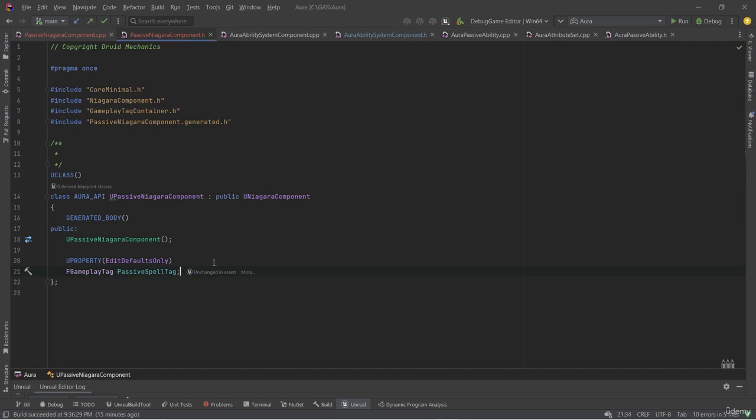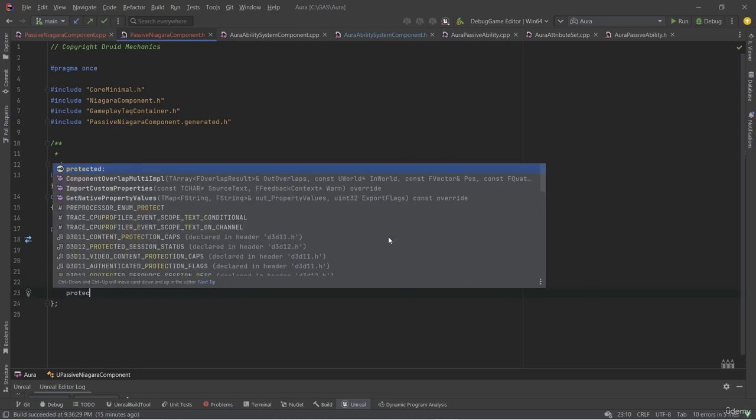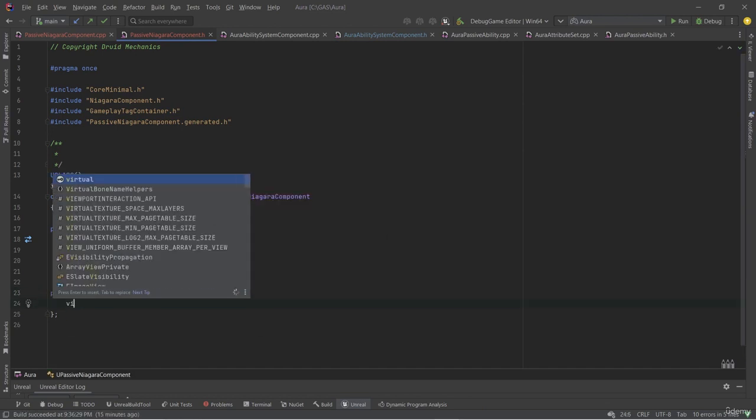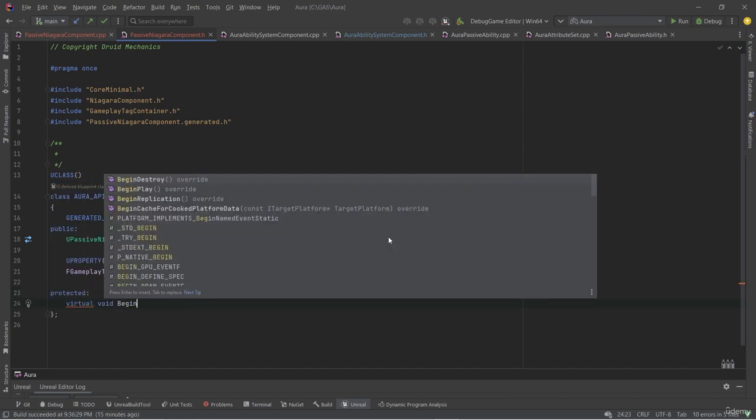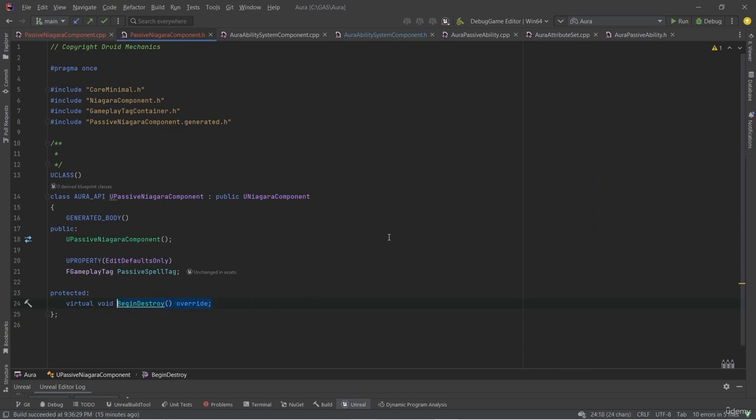Now, where are we going to bind this function? I'd like to do it early on, preferably in BeginPlay. So I'm going to make a protected section and override virtual void BeginPlay, not BeginDestroy, BeginPlay, override here. In addition to BeginPlay, I'd like the callback for this, and I'm going to call it OnPassiveActivate